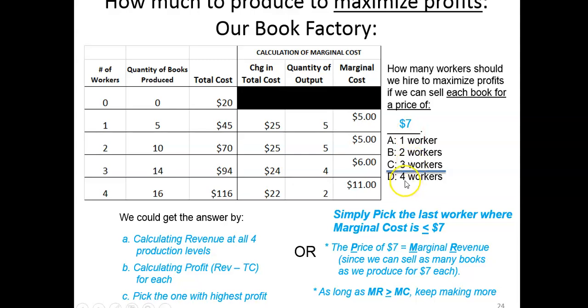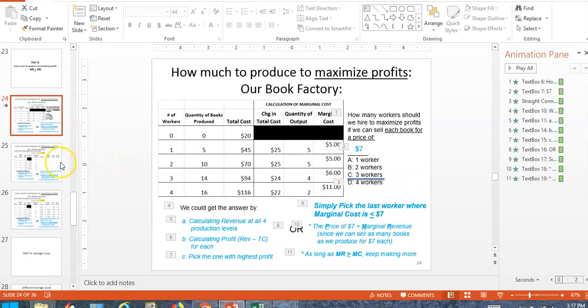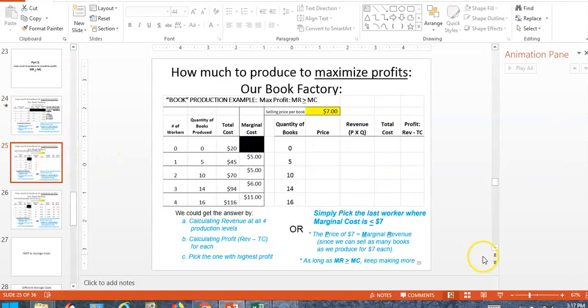Now, let's go through this in a little bit more detail, by effectively filling in and actually doing this. We could get the answer and see why this complicated, or cumbersome, I guess I should say, method of calculating shows why the simplicity of